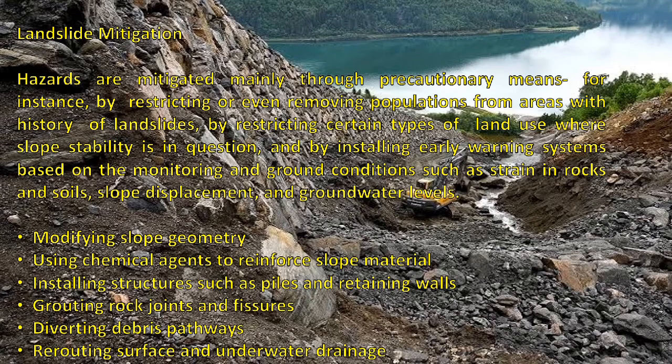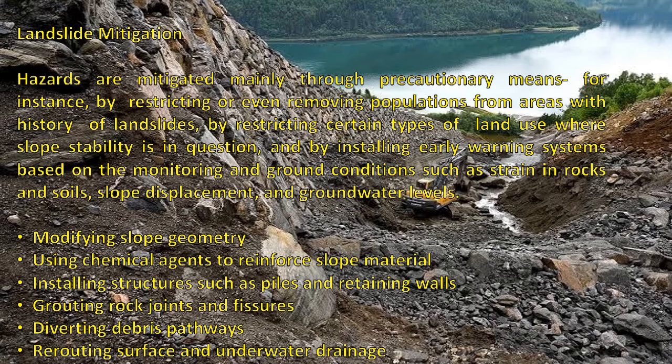Landslide mitigation. Hazards are mitigated mainly through precautionary means, for instance, by restricting or even removing populations from areas with a history of landslides, by restricting certain types of land use where slope stability is in question, and by installing early warning systems based on the monitoring of ground conditions such as strain in rocks and soils, slope displacement, and ground